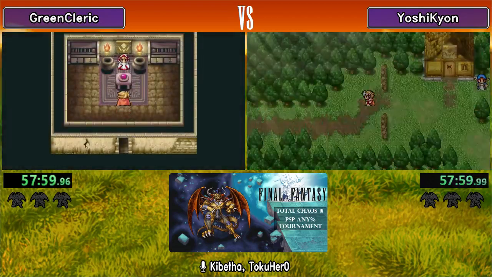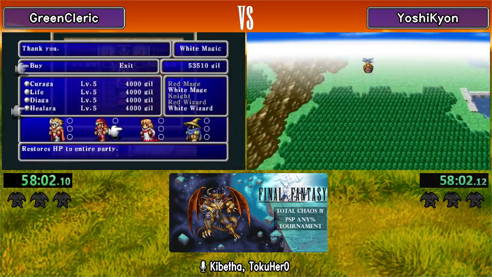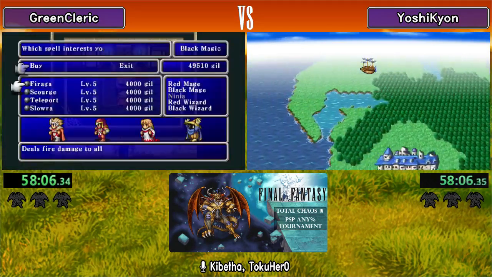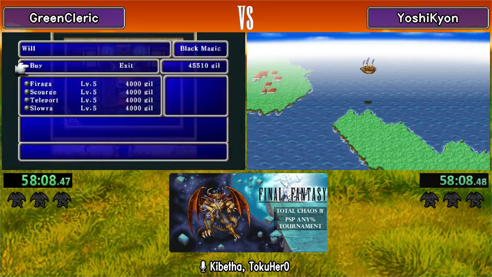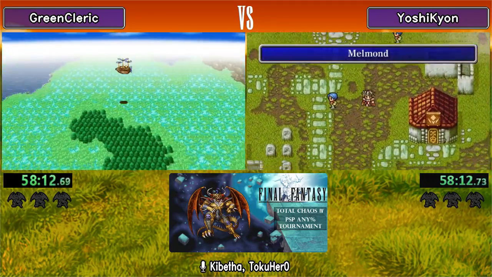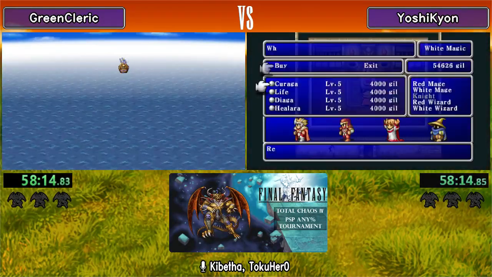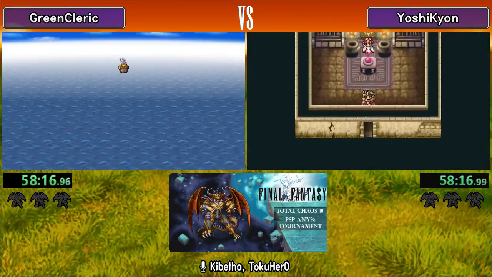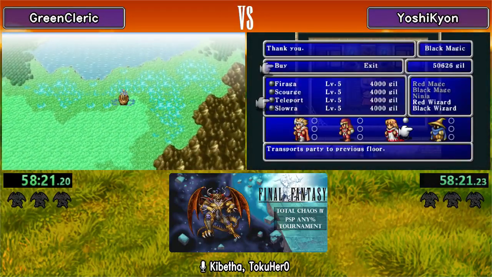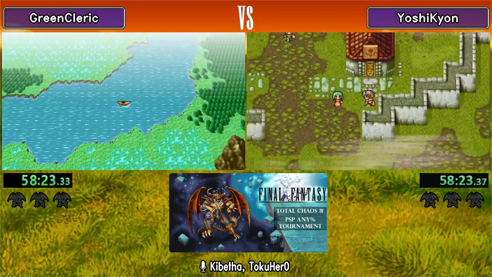I think they're alright. Okay, Cleric's fine. Yoshi is the one I'm concerned about. However, it's the Healara that we will start panicking at. Especially Yoshi just not doing my heart any favors by not opening the menu as well. Okay. Yeah. We good. Okay, so we also got Teleport and Blizzara and Haste for the Black Mage, which we're